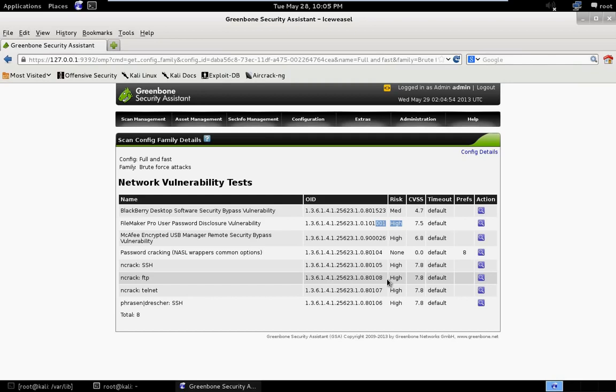Things that are marked medium, let's take a look at it, see if it's something we need to address immediately, which we should address everything immediately. And if it's low, just take a look at it. It might just be something like, hey, this server has SMB enabled. Well, no kidding, it's a Windows domain controller. I mean, let's get serious. Or even a workgroup computer. Not too much of a big deal so long as it's not accessible from the outside, right? Not a big deal. Anyway, going back,